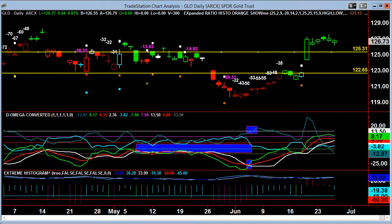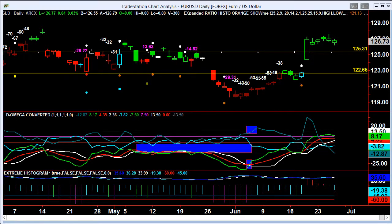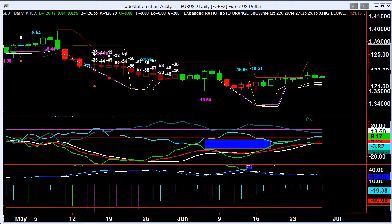So gold printing, it's just a minor little retrace on that, still well within the bullish construct. So weakness is something you want to buy. We know that the potential for these retraces was good, and there's still the potential for this one all the way when we get a sell signal out of it. But as it is now, you don't have a sell signal for gold,